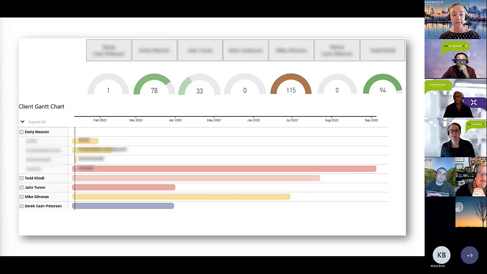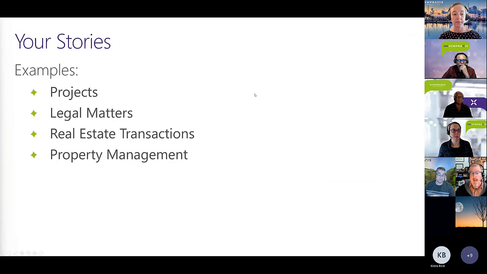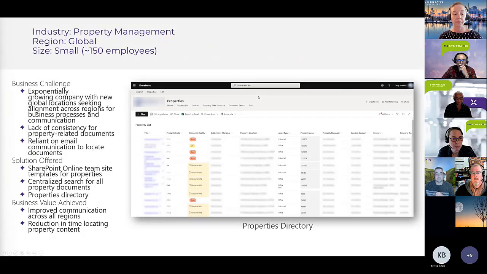So to put a pin in this and translate it, we have 3 minutes left, to ways that this is translated for our clients. We've built a lot of solutions, and we have a couple of lookbook type slides to talk about the way these have been done to help clients manage portfolios of projects or legal clients and matters or real estate properties or transactions. So some of the capabilities here, the list formatting,